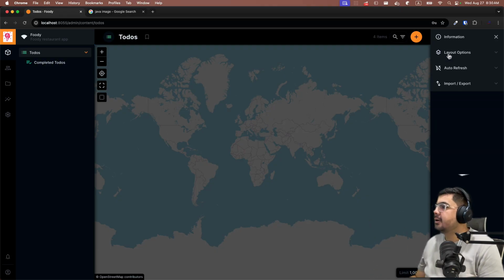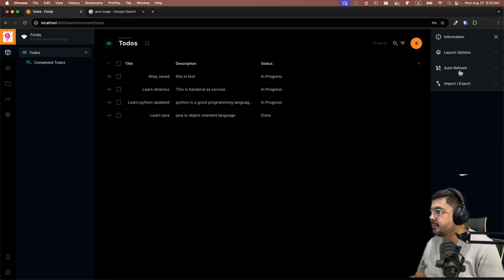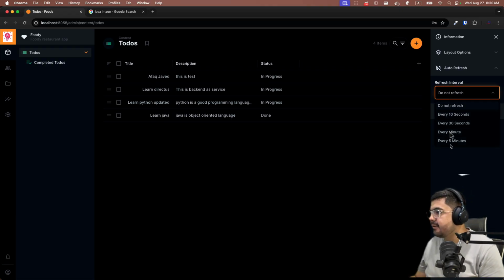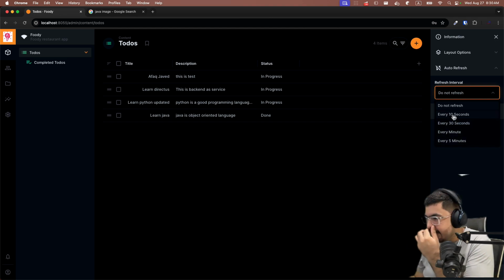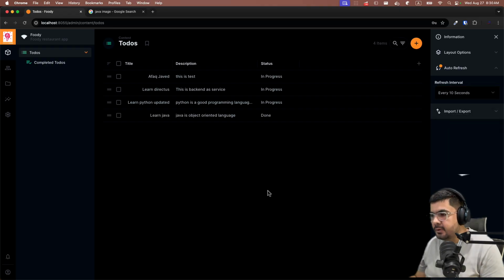So moving on, this is another thing. Let me just change the layout back to our table thing. And now, if you come to this refresh thing, this is where you can define the interval by which you want to refresh your data, right? And if you click on this, you have a lot more options like every 10 seconds, every 30 seconds. I've never turned this on in my Directus journey, but you can do that if you want it, right? So if you click on every 10 seconds,